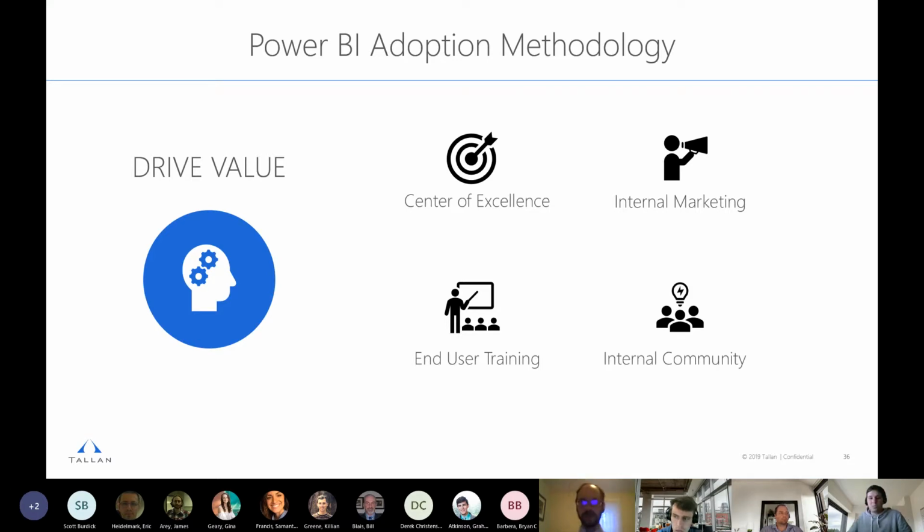And all this comes into the internal community. Power BI has a bunch of steps forward in integration with Teams and email to allow people to answer questions, as well as the internal community, as in us, the user group, and just leveraging resources like that to continue your growth in Power BI.